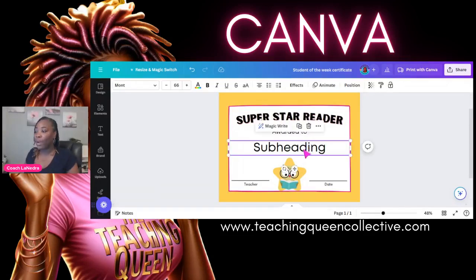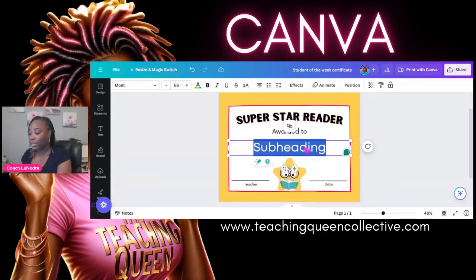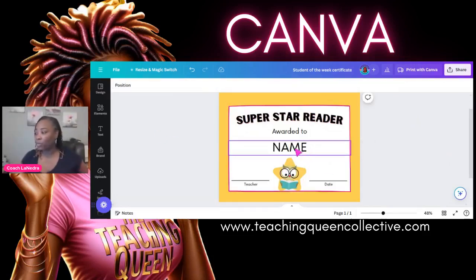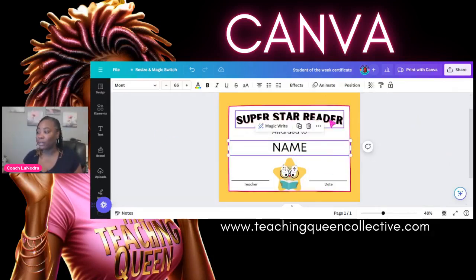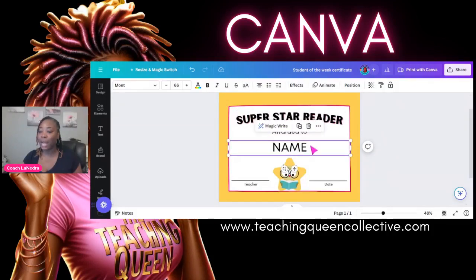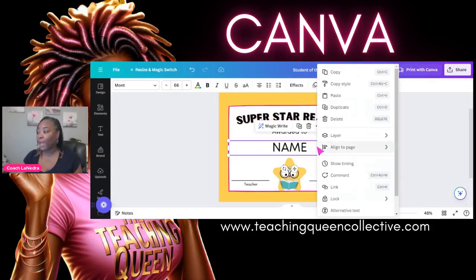All right. But once I decide where I want my names or my data to go, I'm just going to call this name because this is my template. So I need it to be named just so I know, okay, this is where I want the name to go. All right. This isn't working right now. Let me move this out of the way and turn a little bit. All right. I'm having to use a different keyboard now. All righty. So Tanya, this is where I wanted the name to go. So I'm going to click on it, or if this is where I wanted the information to go, or if this is where I wanted it to go. So you decide where you want it to go. You're going to right click on it